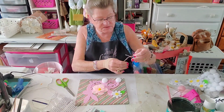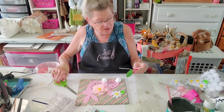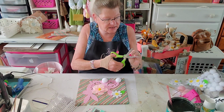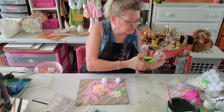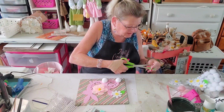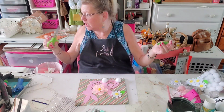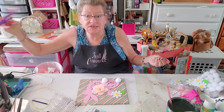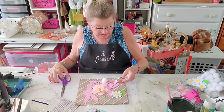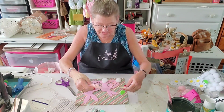Okay, and then I guess we'll take a leaf too. It looks like it might slide right off. No, they're gonna call me a liar. It looked like it would have, but they glued it. Why do I have the stupidest scissors today? Let's grab some new ones, shall we? We have 50 pair here. All right, so we have a leaf from there and a leaf from there, and I think that's good because